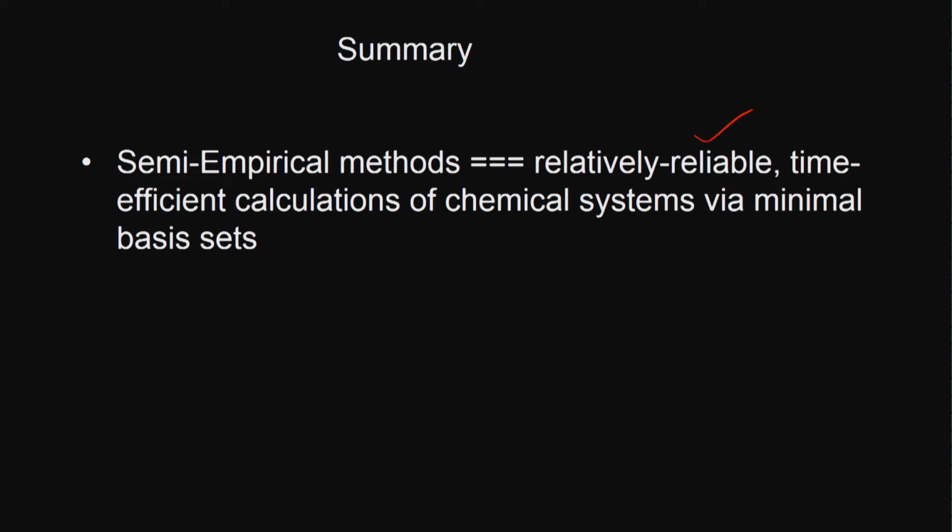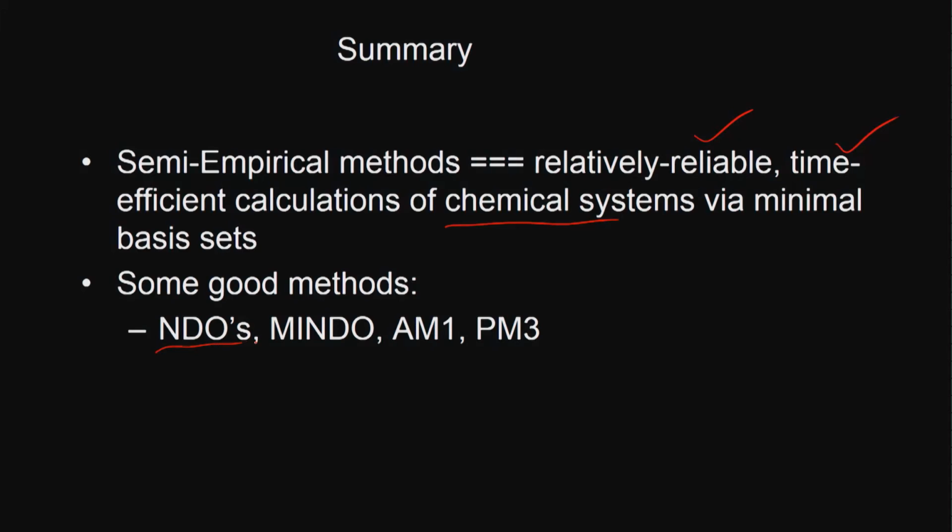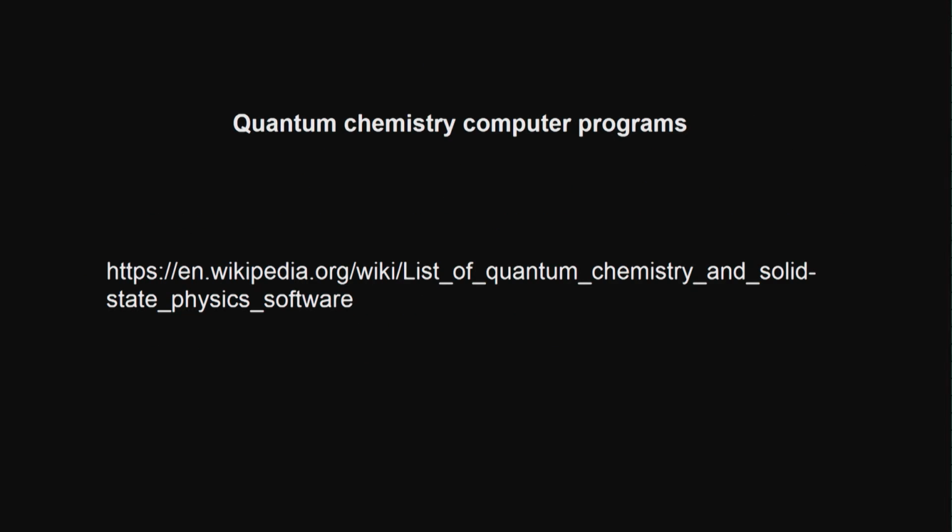It is relatively reliable, time efficient calculations, chemical systems. So, we can look at bond breaking, bond forming, activated state, ground state of molecules. So, we can look at all these energy values using this semi empirical electronic energy, nuclear energy. So, we can calculate all that using semi empirical method. So, some good methods like I mentioned, neglect of differential overlap, okay, AM1, PM3, they are all very good methods actually. Okay, so, these are all really good methods. Okay, let us look at one of those